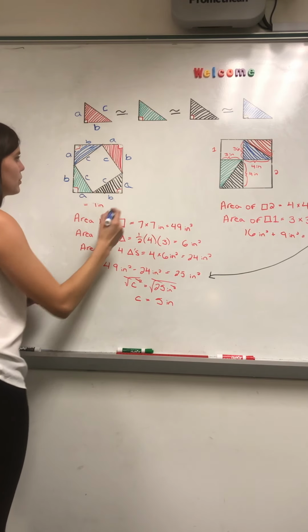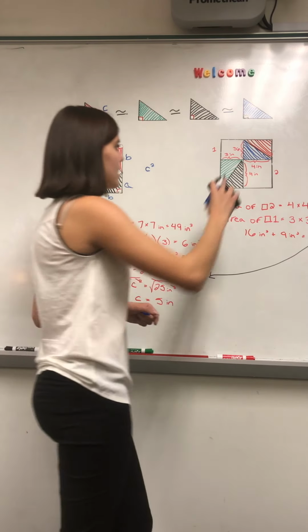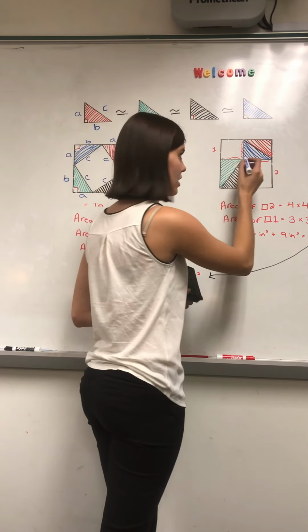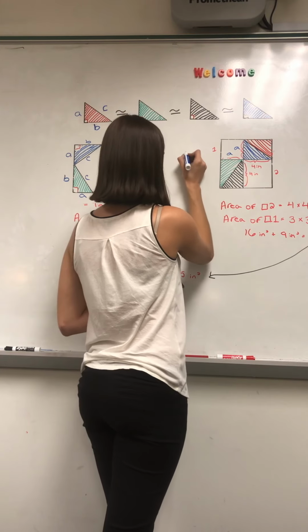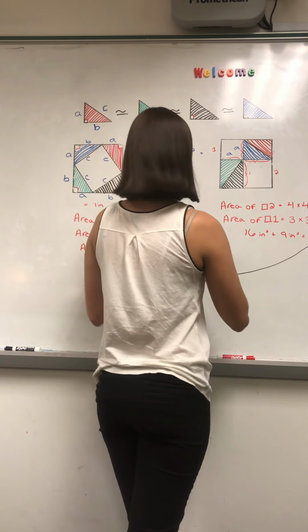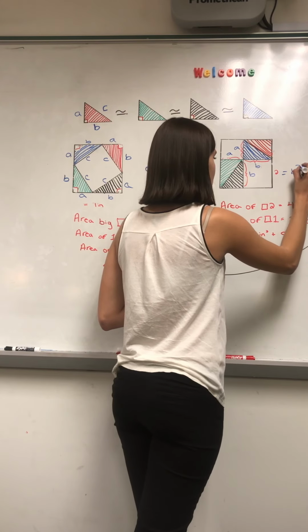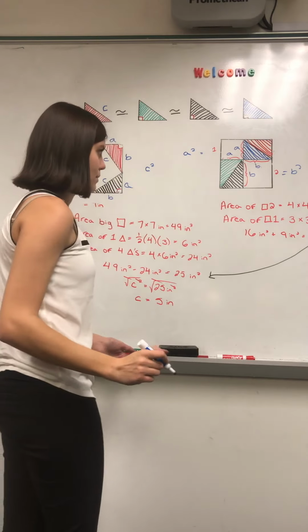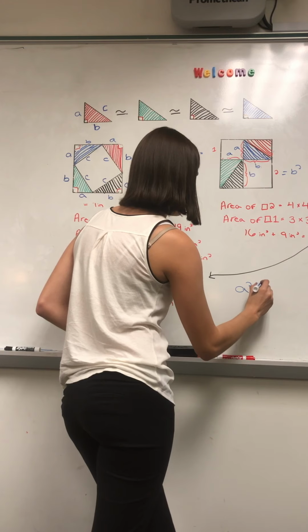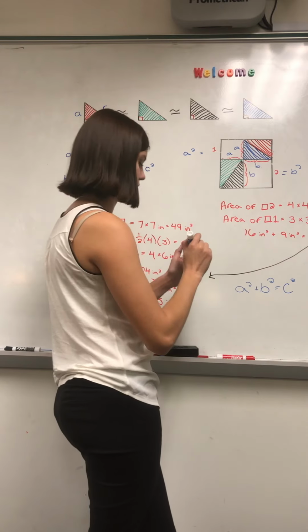And B and C. So we would agree that the area of the blank space here would be C squared. And then these are the short sides. So the short side here is labeled A and A, so we would agree that this would be A squared. And these are the longer sides of 4 inches, which we have now labeled B. So we would agree that that area would be equal to B squared. So what that means is we have proven that A squared plus B squared equals C squared when you have right